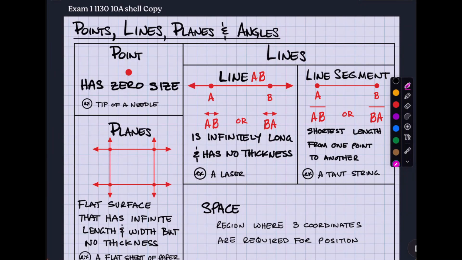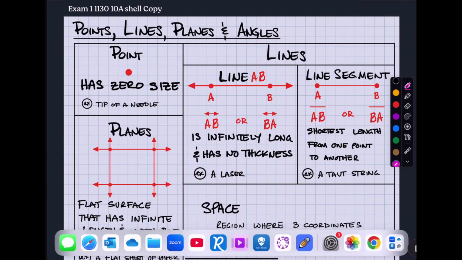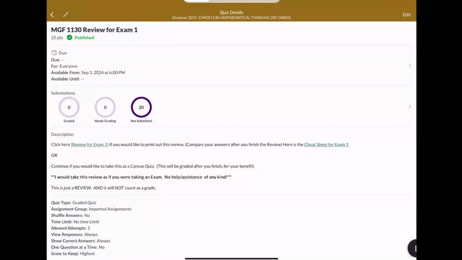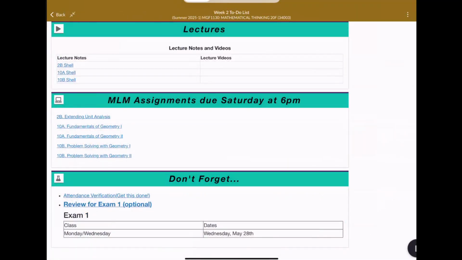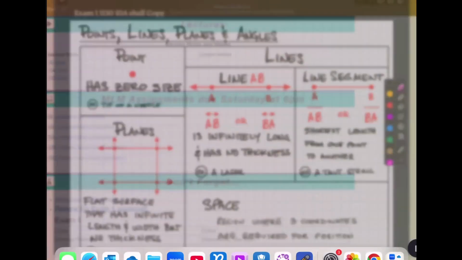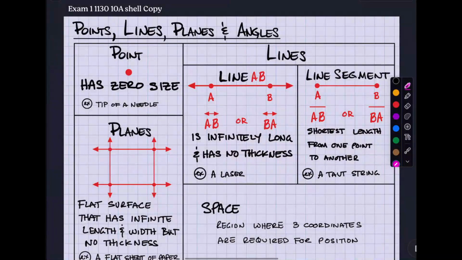So again, ladies and gentlemen, your exam will be like the review that I posted. When you look at the review, if there's anything that I have not yet gone over, please let me know. But don't forget that we also have 2 sets of notes left, which is today and 10A and 10B. Okay? So today we're going to talk about